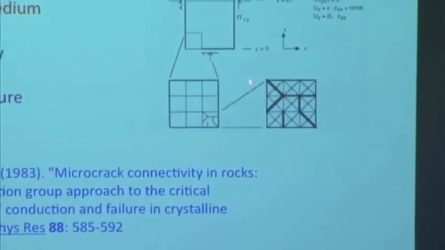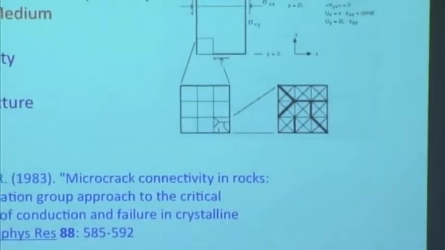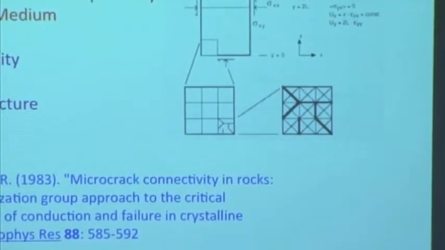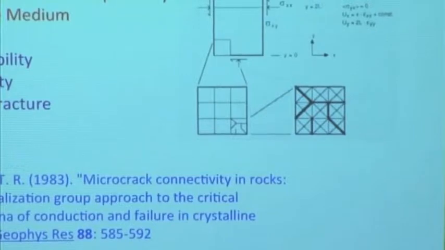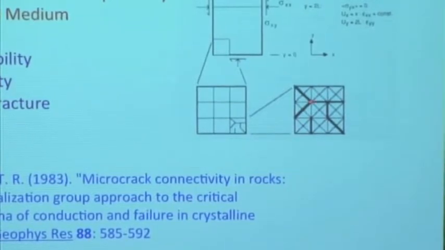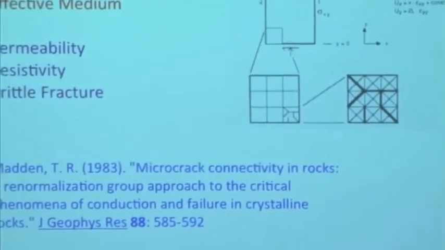The simplest thing is just to have vertical and horizontal cracks, which works okay for the transport properties. I think probably Eve is going to talk more about this later on. But if you want to look at brittle fracture, I think it works much better if you also allow for shearing type failure. So if you carry this process through, and I coded this up and